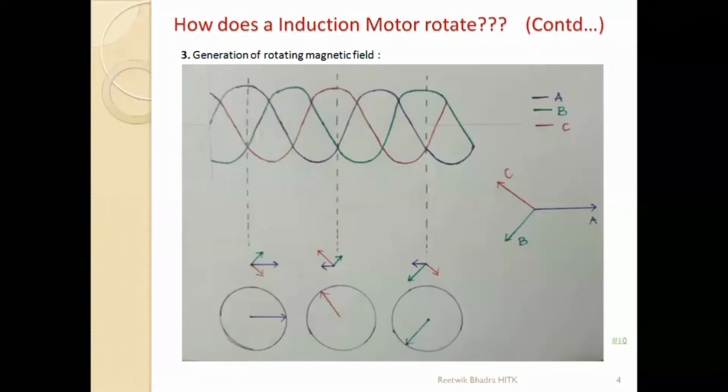Next thing what we saw is we took a three-phase system and checked our resultant, and we found out that our resultant was moving in a circle. I told you the radius will be the same. We will find that out in today's lecture. It is moving in a circular way from this blue point. It is moving in this whole circle. It will follow to red, then go to green, follow this whole circle, and so it is rotating in nature. So that's why we are calling this a rotating magnetic field.